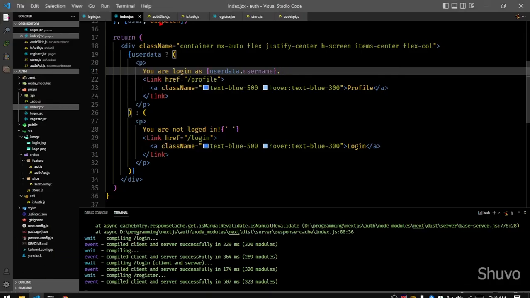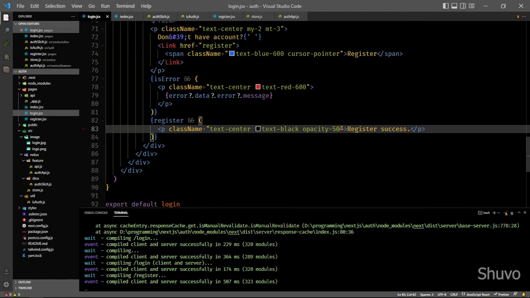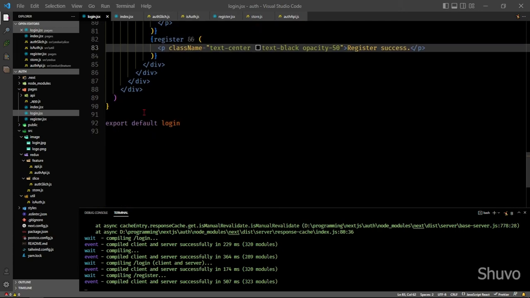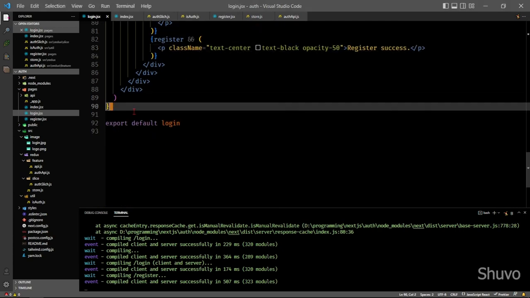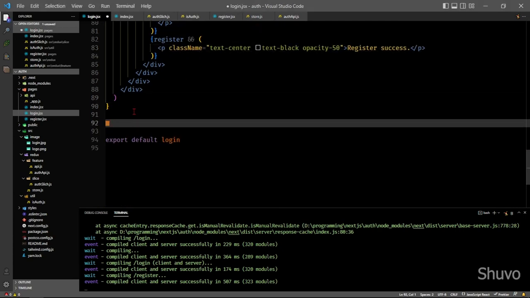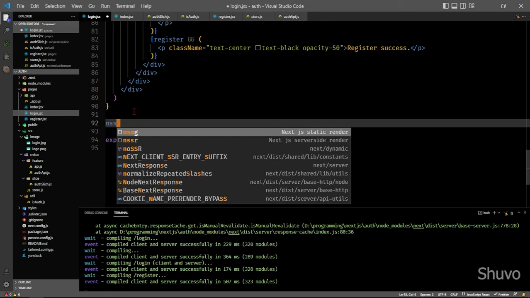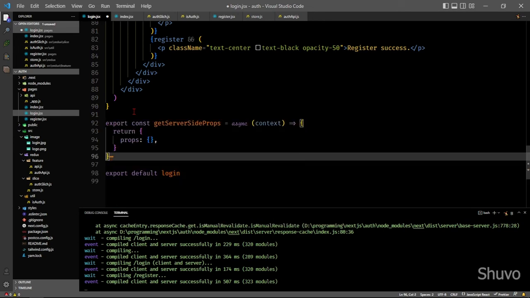So if user is login, we don't see login page, don't show them the login page. Just we need to